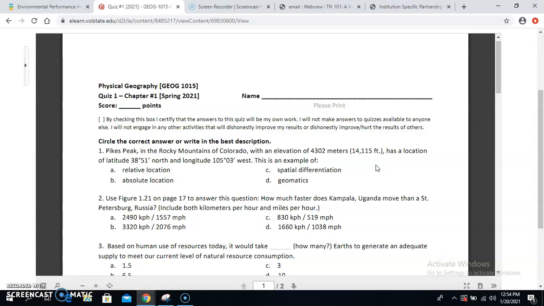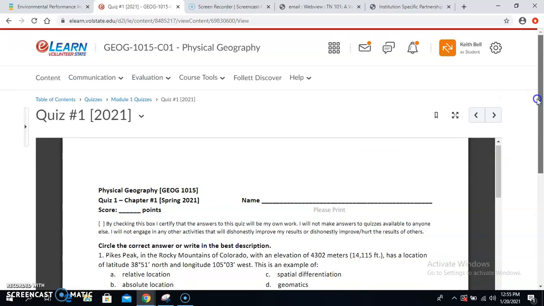Now, if you're still going to do your Easter egg hunt, well, that's your choice. I can't stop you from doing that, but it's much easier and better for you if you approach it as I'm asking you to: read fully through the chapters and find these answers as you encounter them. Okay, so again, here are your print documents for the quizzes, and I'll go back to the content area here